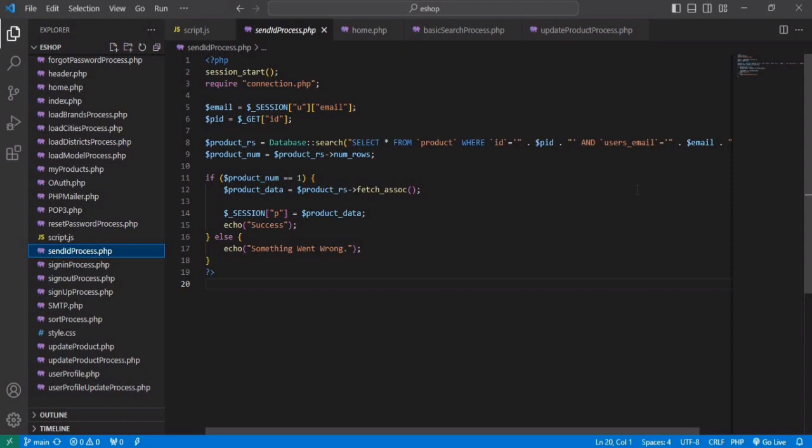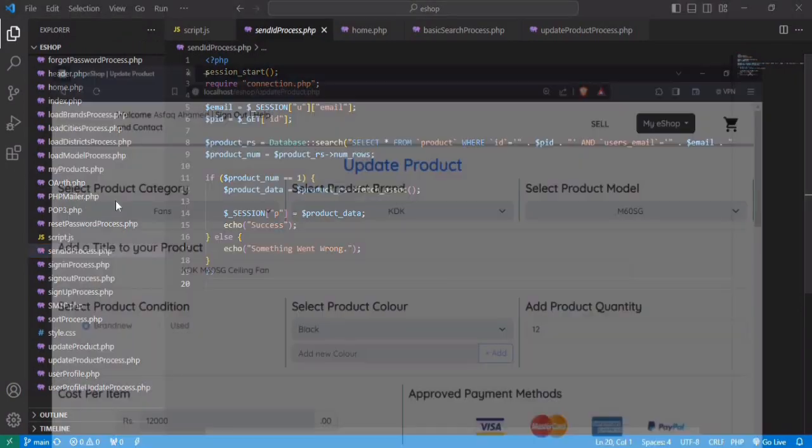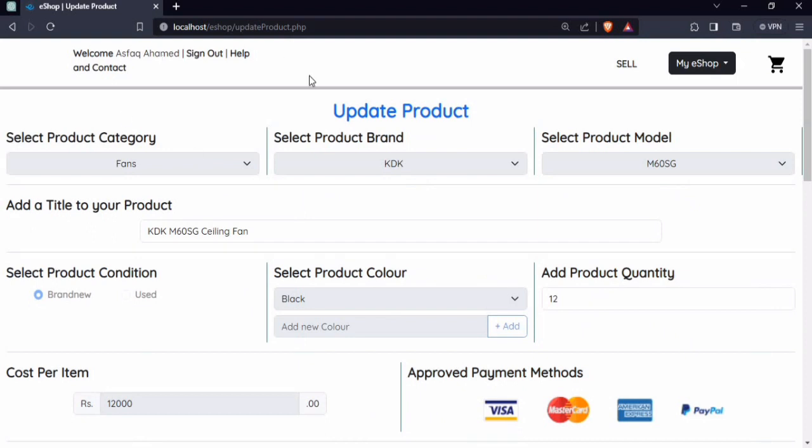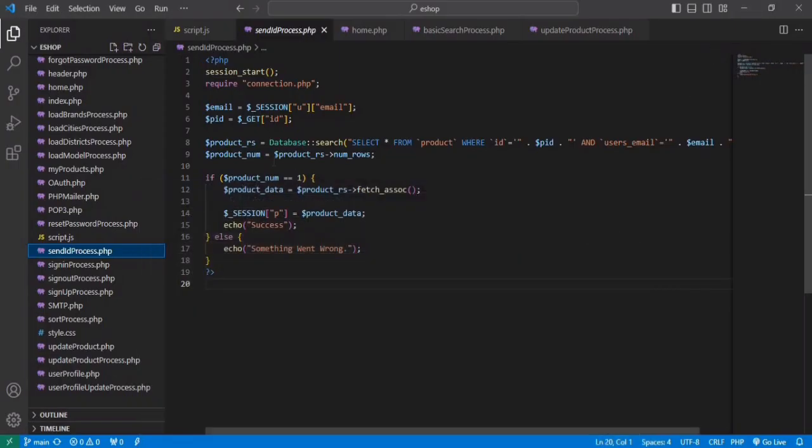So if I click this, then only the products related to the user will appear. So that happens in this database search function. So products related to the certain user, now see here, products related to Ashfaq only will appear here because in this session he is the current user. So that's happening using this database search function, and I have obtained the result set as num rows using the